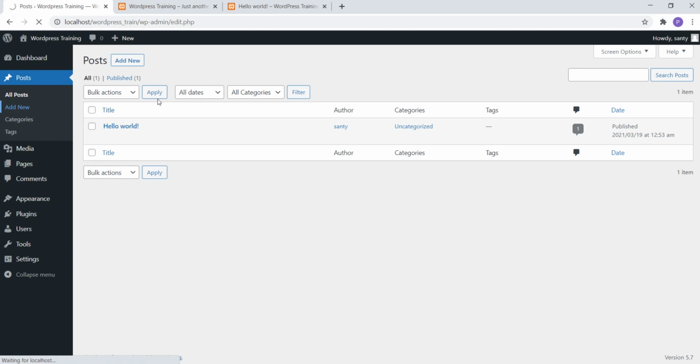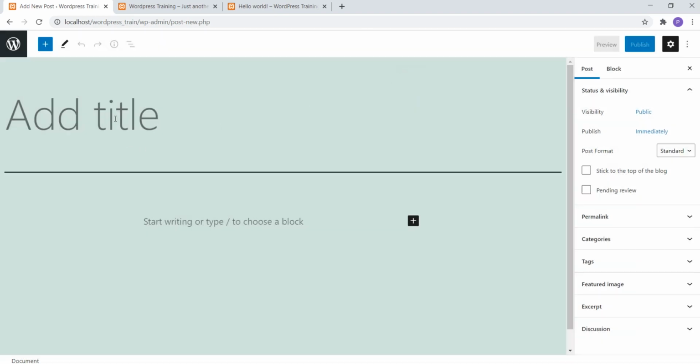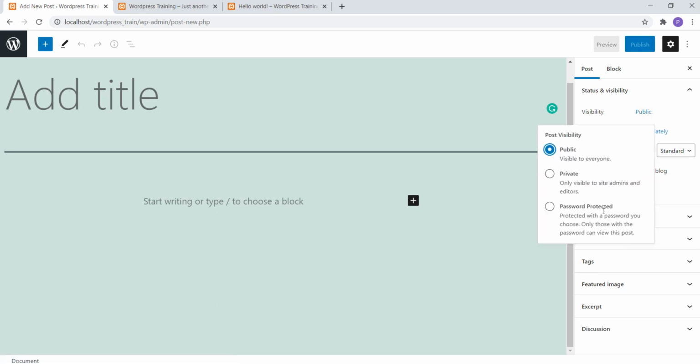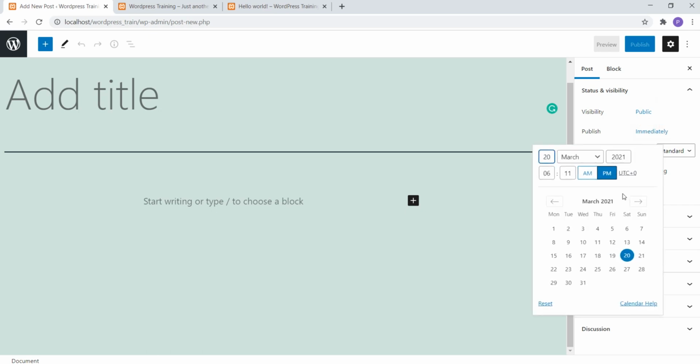When you click on new, you will get an option here. You can add your title here and start creating your blogs here. On your extreme right, you have visibility, so you can make it public, private or password protected. Next is publish: you can do it immediately, or you can set a specific future date.